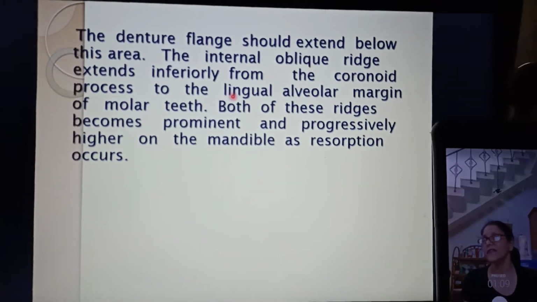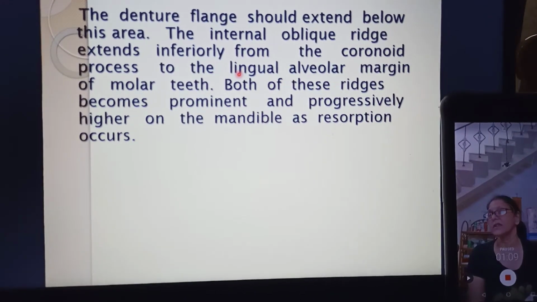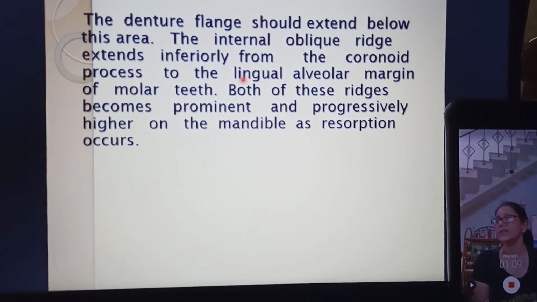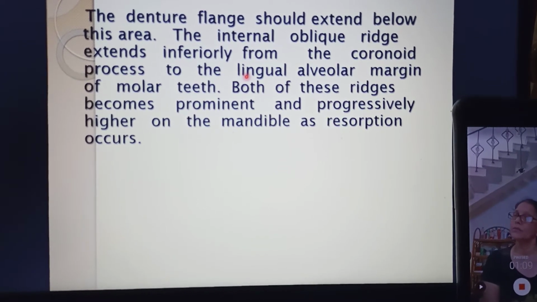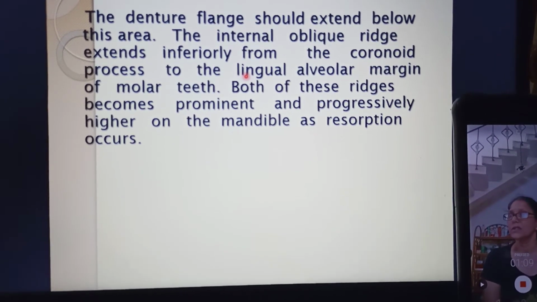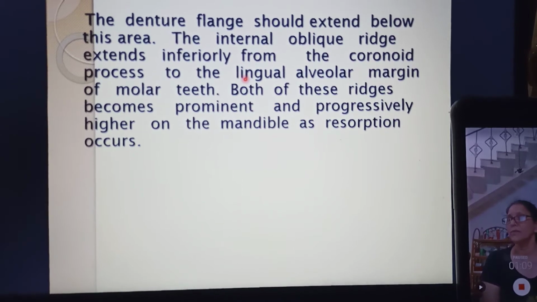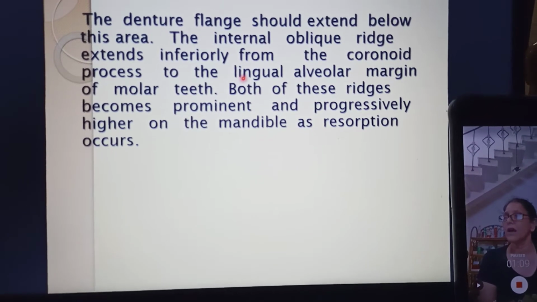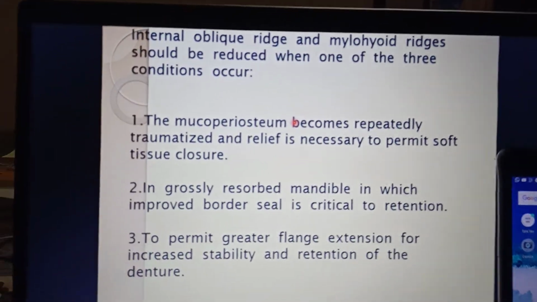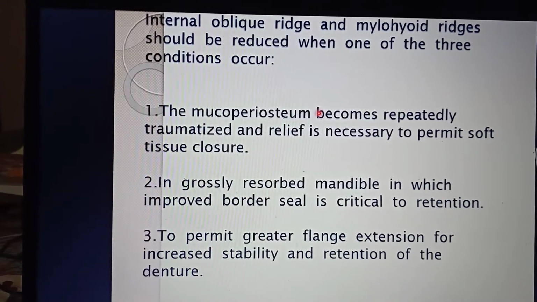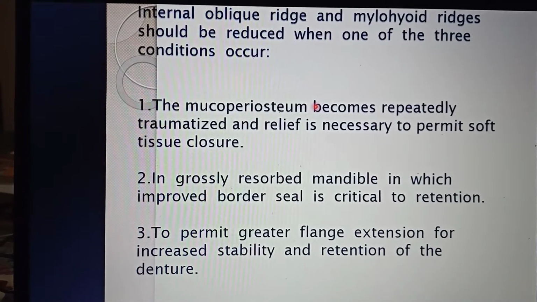The denture phalange should extend below this area. The internal oblique ridge extends inferiorly from the coronoid process to the lingual alveolar margin of the molar teeth. Both the ridges become prominent and progressively higher on the mandible as resorption occurs. They should be reduced